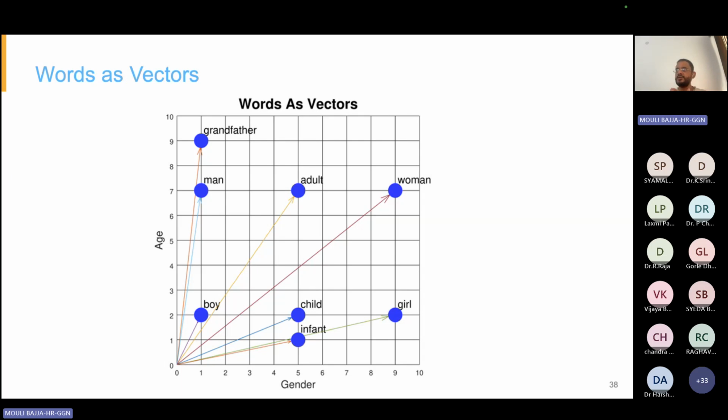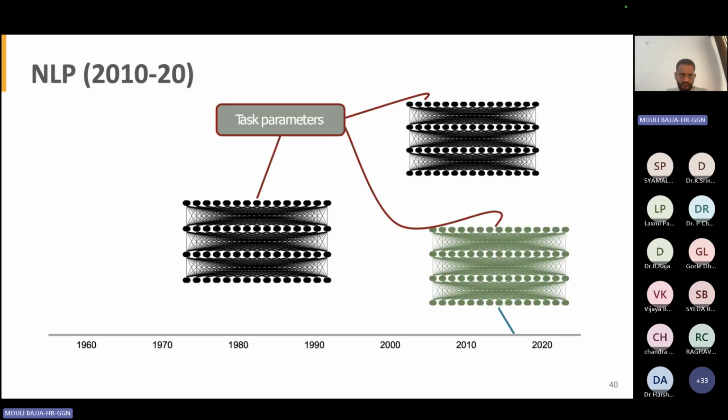This is the second great innovation that happened. The first one is the neural network. The second is vectorization of words that provided insights. Then the next step from here, in 2018, was the transformer architecture to understand each word's meaning more effectively.